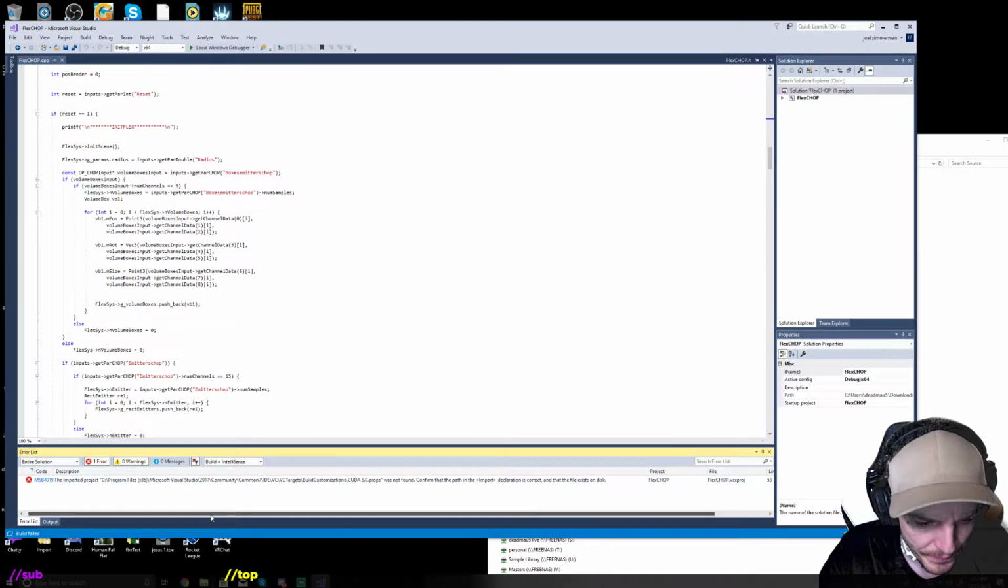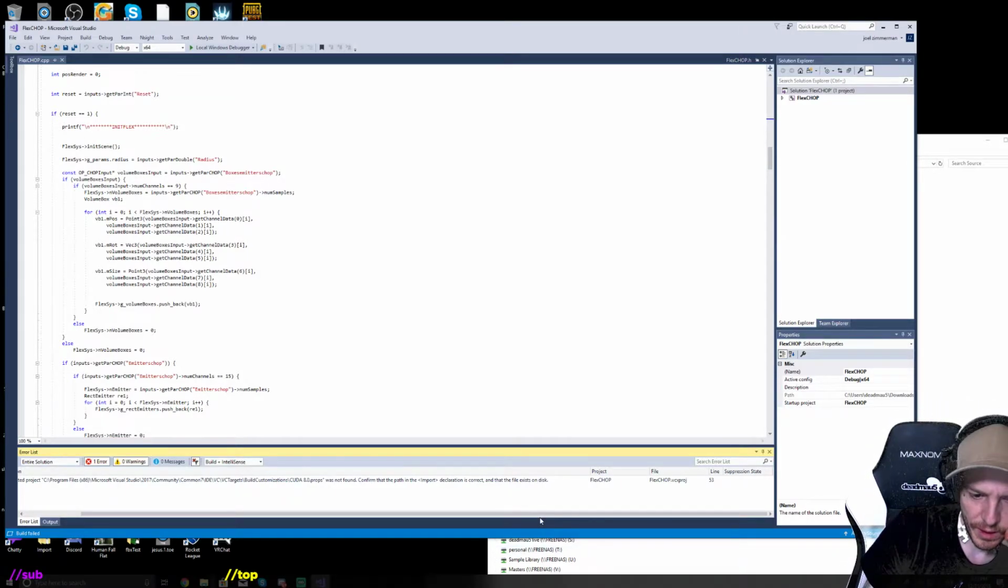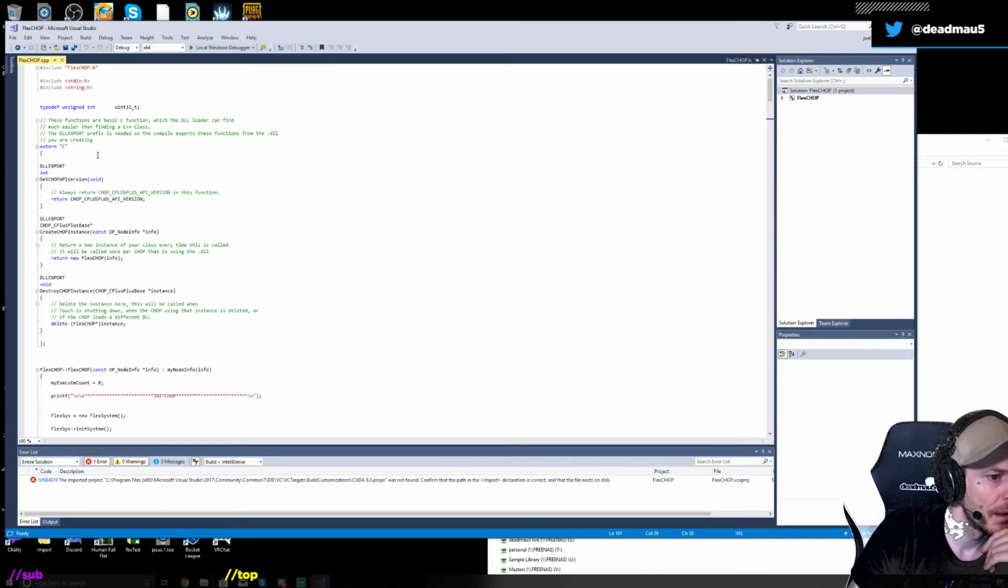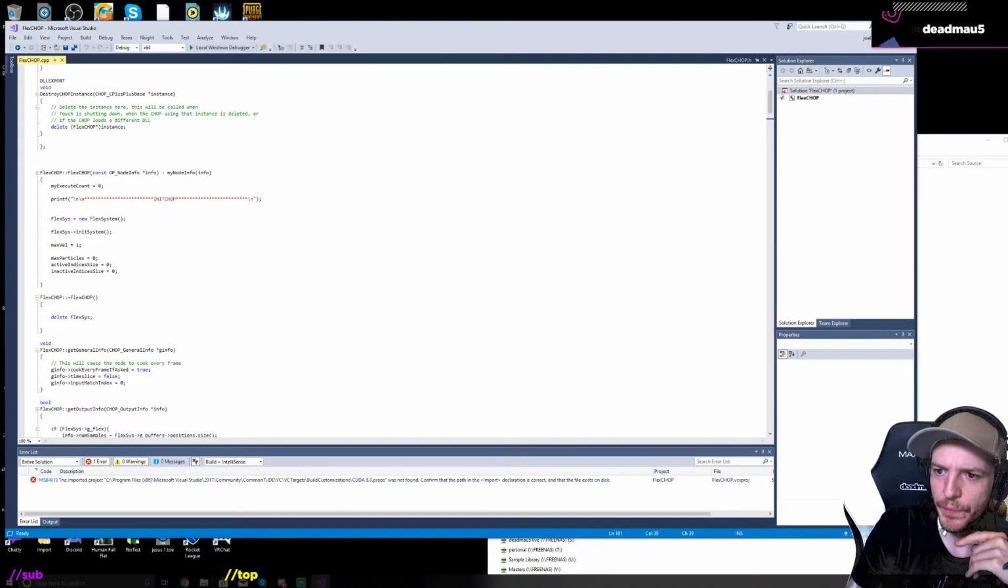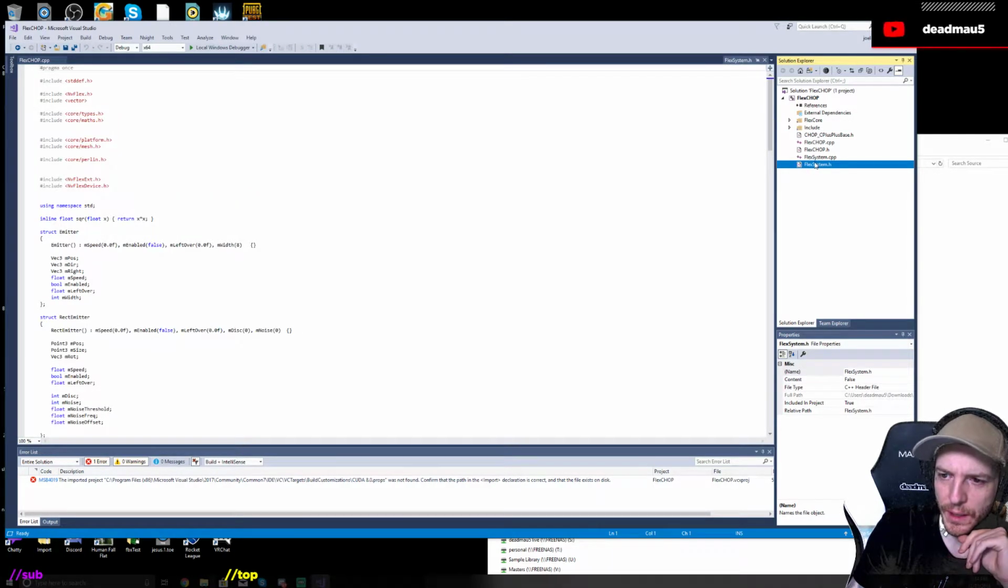CUDA 8. Okay, you're right. CUDA 8, right? So we have to do this with 10, right? Confirm the path of the import declaration is correct. So he's got where? Import what? Include flexdrop.h, TLX. Where are you pulling CUDA from? Yeah. So he did this in, okay,